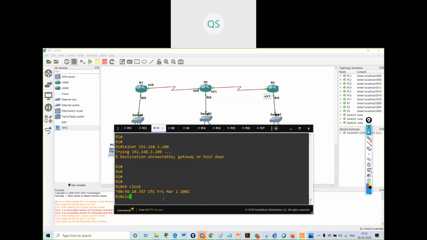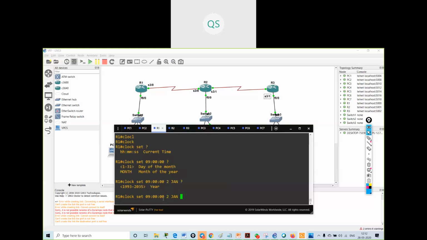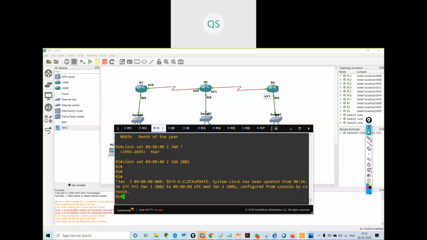If I want to give the access, what do I have to do? I have to set the clock. I have to give the time as 09:00:00, 2nd of Jan 2002. The same command I will give on all the routers.